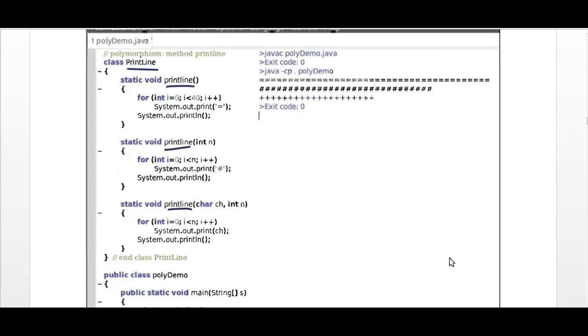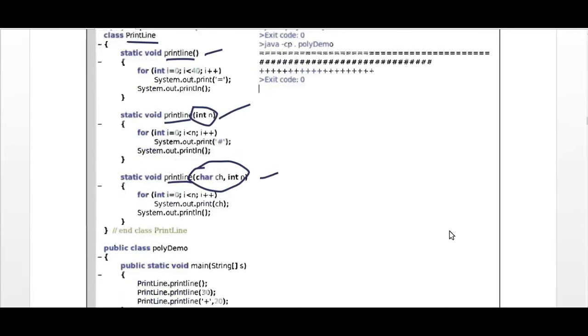So we have three methods which have the same name but differ in their signature. Here the equal sign is displayed 40 times, then the hash sign is printed on the screen 30 times, and the plus sign is printed 20 times.